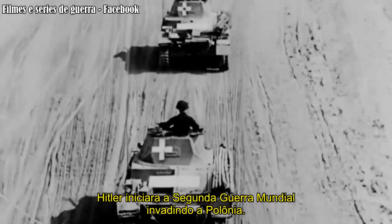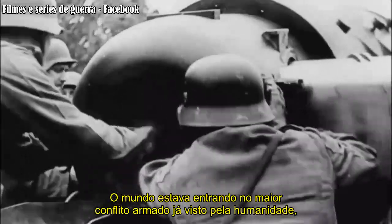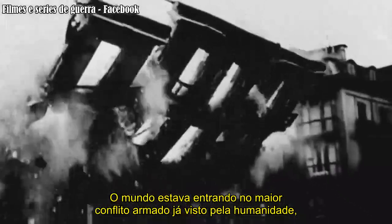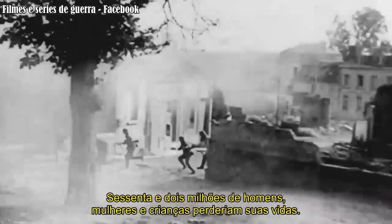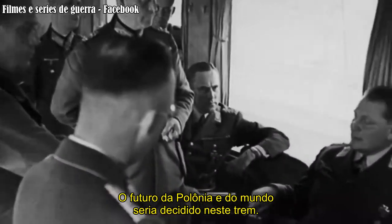Hitler had just started World War II by invading Poland. The world entered into armed conflict, the biggest mankind had ever known, one of the darkest pages in our history. 62 million men, women, and children would lose their lives. And it was on board this train that the fate of Poland and the rest of the world would be